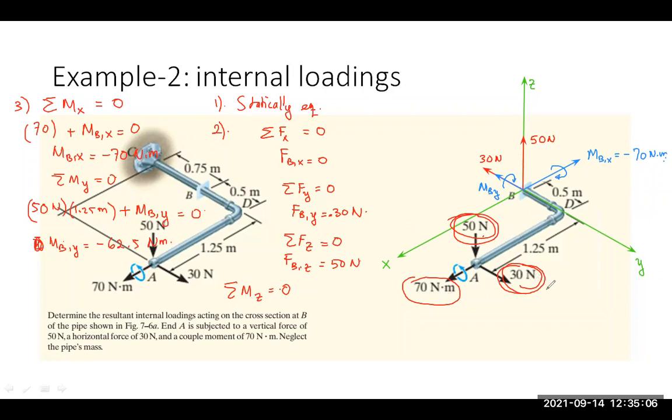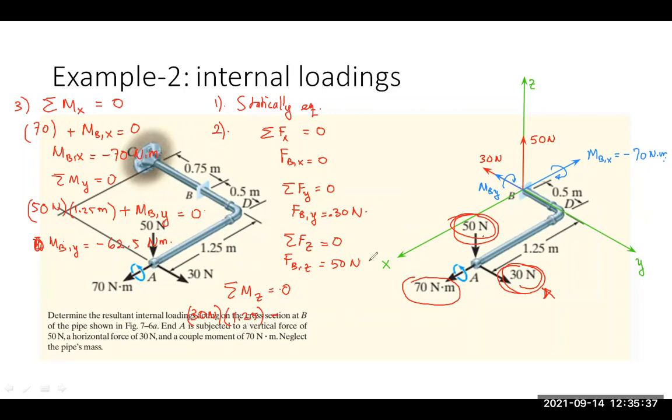This is the 30 Newton of force that creates moment on z-axis, and the moment is in the counterclockwise direction. It is positive, so we put here 30 Newton times the distance from point B. It is 1.25,